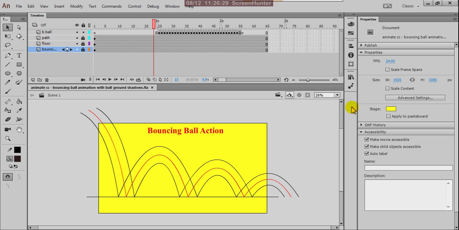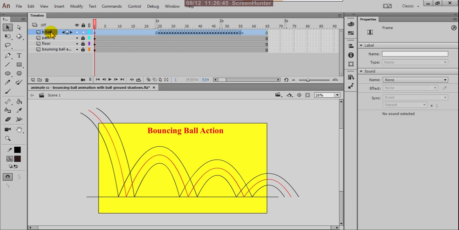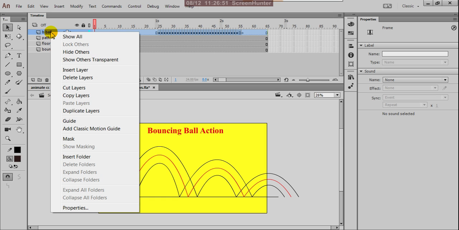So I'll explain how to do that. Okay, so this is our ball layer. So here I'm creating one more layer. Otherwise you can copy this, right click on that, copy layers.